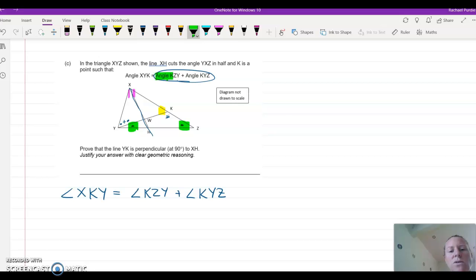Okay, so those two, I'll just put things in colors here because I think that might help. I'm not saying that they're the same size. I'm just putting them in green, that kind of adding them together in green like that. Okay. All right. So that yellow angle, XKY, is the sum of those as well. We know that these two pink angles are the same because that line XH is bisecting them. It cuts them in half. So if they're both the same,